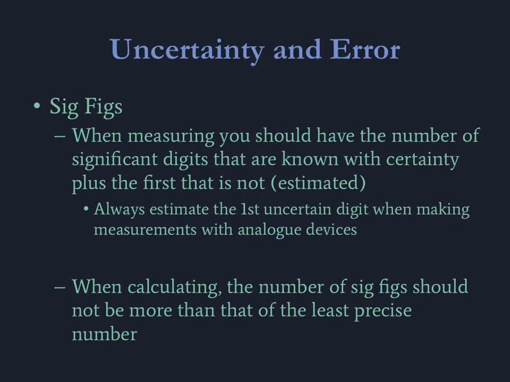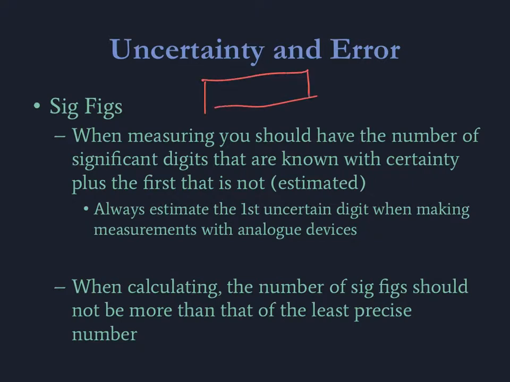Then as we make measurements and make calculations, if you took chemistry, they're pretty hardcore about sig figs. A little bit less concerned about sig figs here, although we should certainly have a sense of what they are. In any case, the significant digits of a measurement should be the number that are known with certainty plus the first uncertain digit. So if we have a